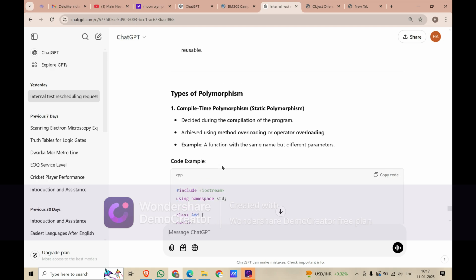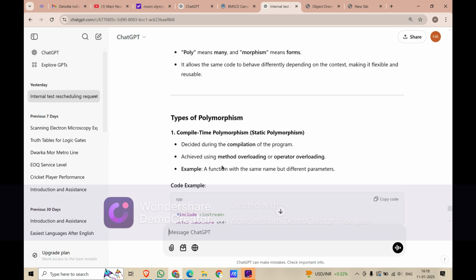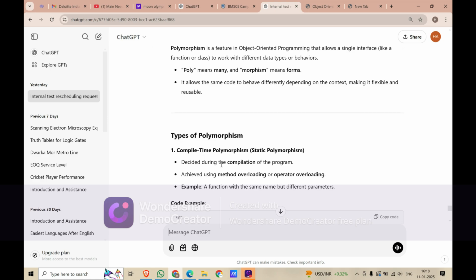Okay, so what is this? Compile time polymorphism, that is static polymorphism. Decided during the compilation of the program. Achieved using method overloading or operator overloading. Example: a function with the same name but different parameters. Wait,